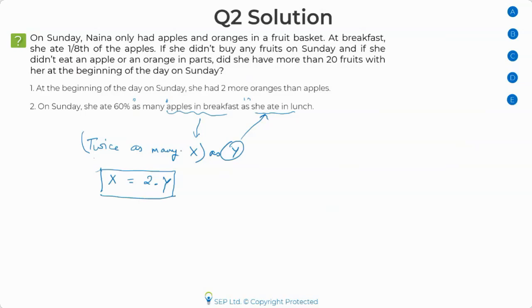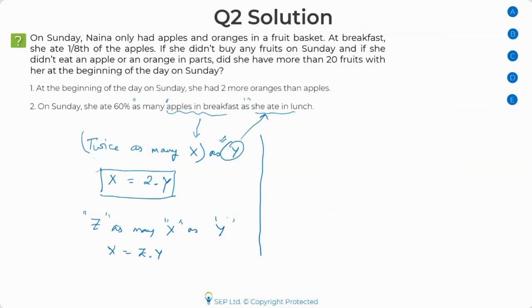Okay, so X is twice as something. What twice it is? It is twice Y. So you'll set up your equation like this. So whenever you see a form like this, and this twice can be replaced with anything. Okay, so let me put a Z here. So if you get a statement like this, Z as many X as Y, the moment you see a structure like this, you should be able to infer that X is equal to Z times Y. Okay, and I'm going to use this structure to set up my equation.